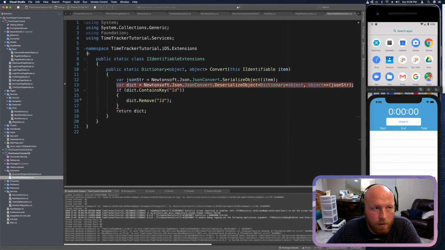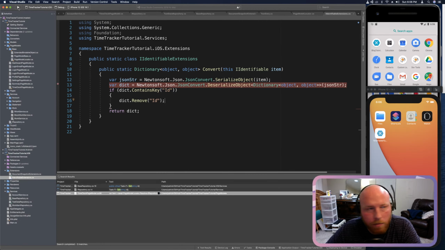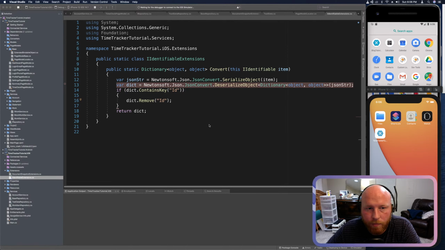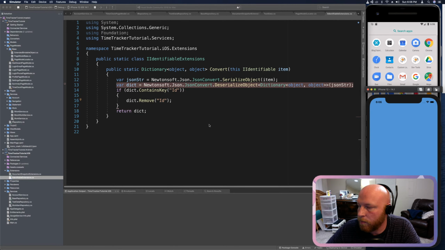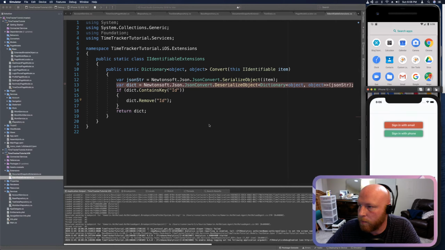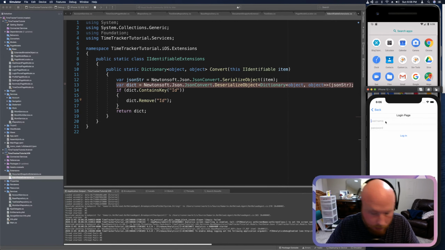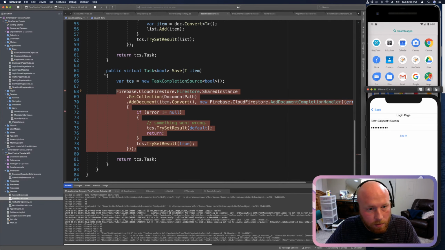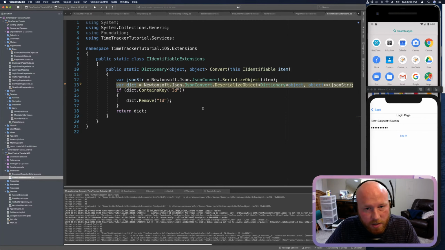Let's see. All right, sorry, I got to stop and rerun. That's a shame. Okay, so this call is happening. It is making it into this conversion. And so our JSON string